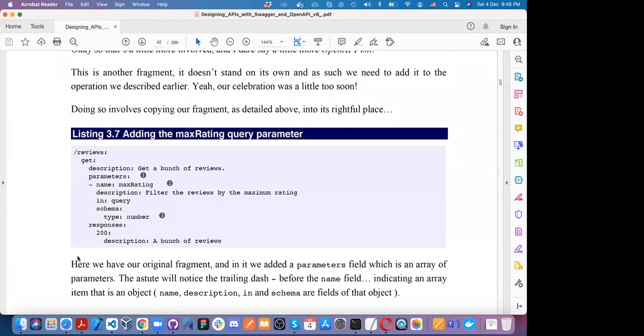And with every parameter or every piece of information, there is a special tag called description, which also provides information about the tag or the endpoint itself. For example, for the get, it's already written in this YAML that there is a description, and regarding the parameter, again the description is written: filter the reviews by the maximum rating, and the schema number. Even for the 200, the description has been written: a bunch of reviews. Response would be 200.